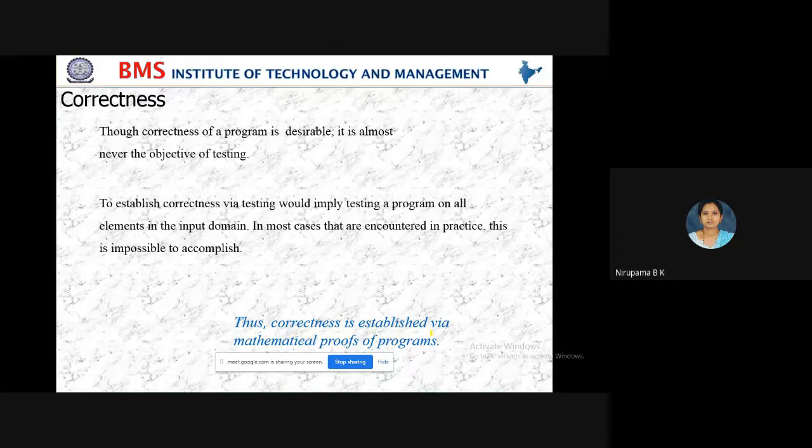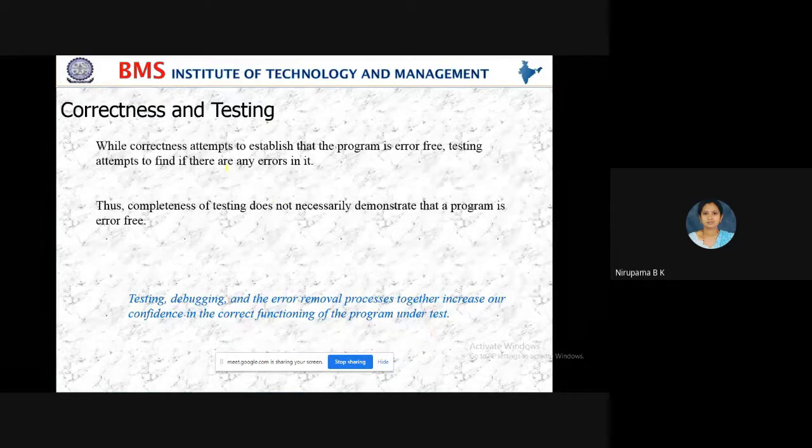That's why we are not getting the desired output. Then we have to go for testing. Yes, students, are you understanding now, or do you have any doubt or any confusion? So if the program has any error, if it is not matching with our desired output, then we go for testing.